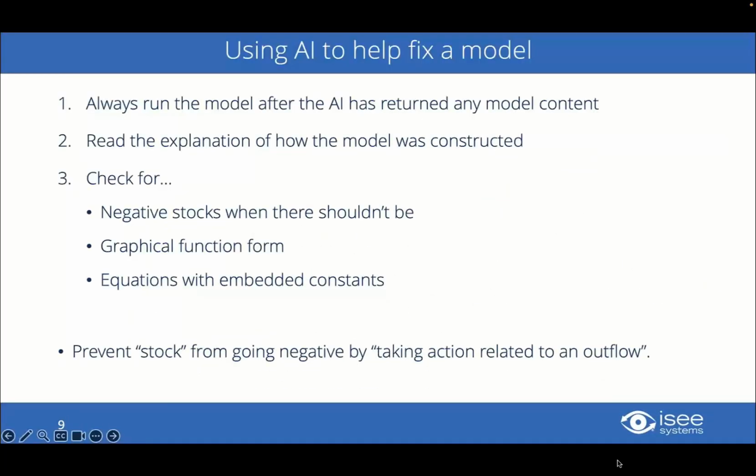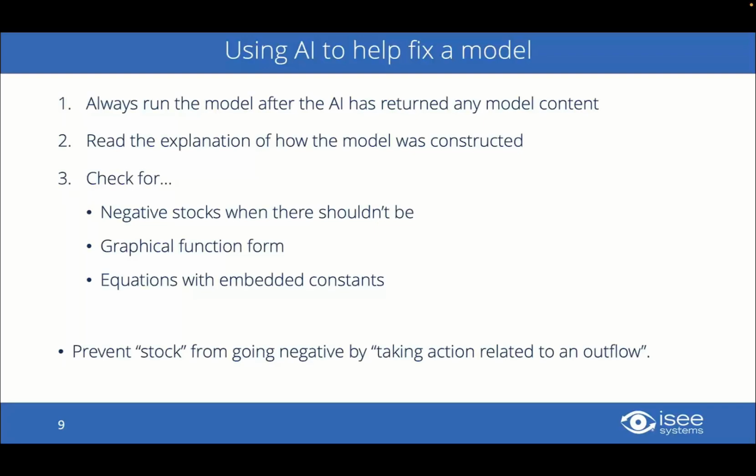How can we use AI to help fix a model? What we always want to do is run the model after the AI has returned model content. We want to read the explanation of how the model was constructed. We want to check for negative stocks when there shouldn't be, graphical function form, and equations with embedded constants. LLMs can sometimes be crappy modelers and hide magic numbers inside of equations. Be aware. So we're going to use AI to help fix this model by using the prompting technique,